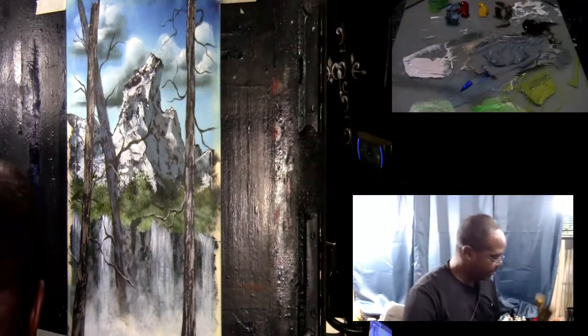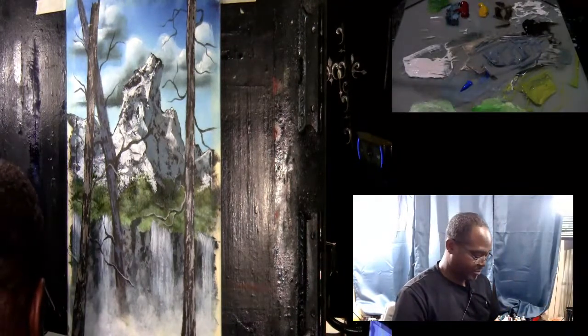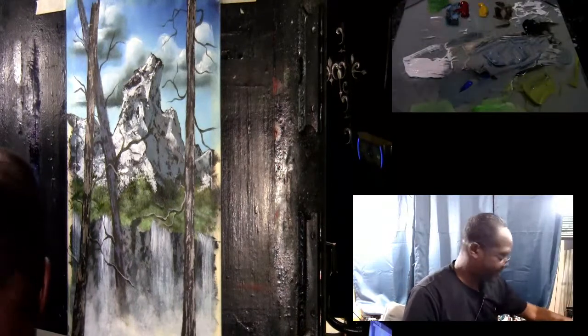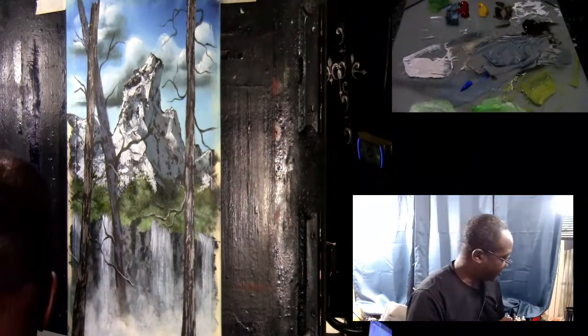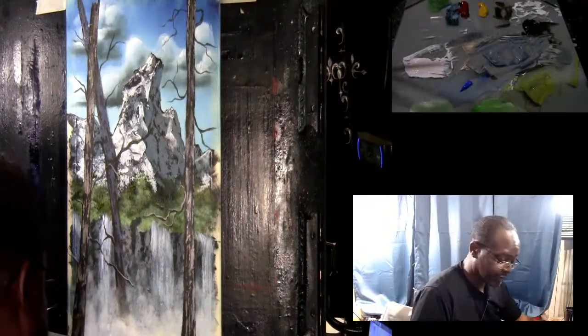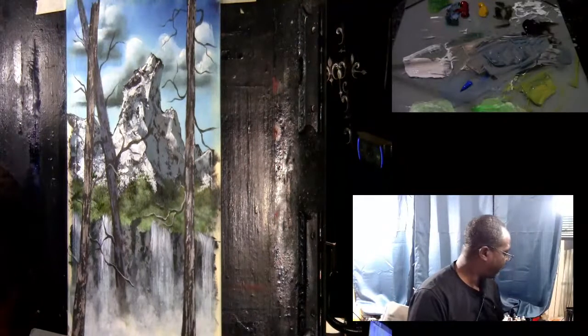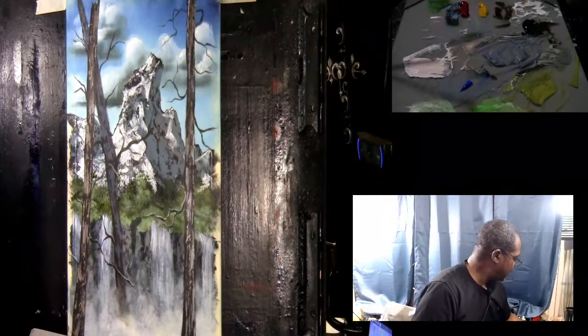I'm gonna put my brushes where they belong, so I don't have to travel off the chair and try to look where it is, because I know it rolled under somewhere. So, all right,